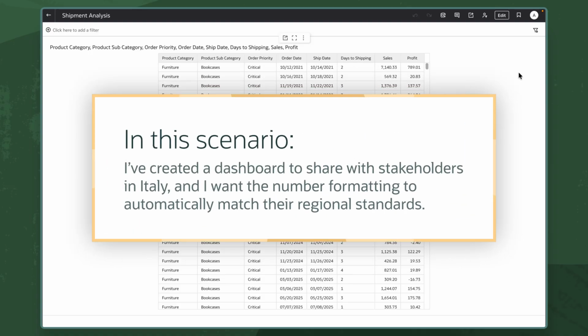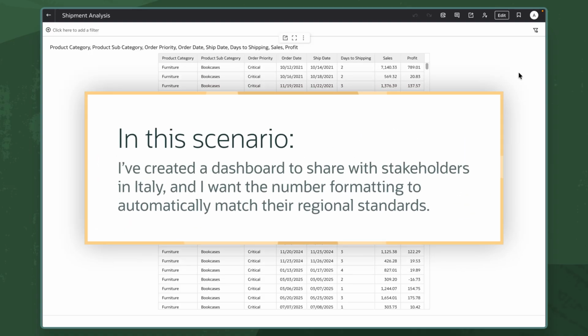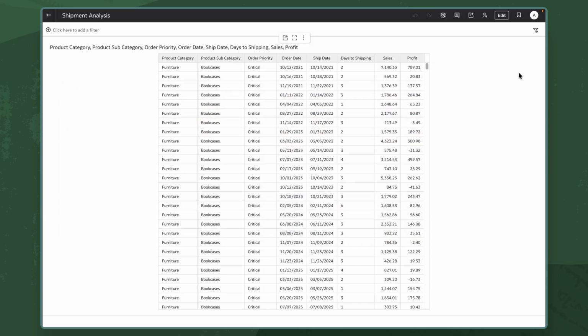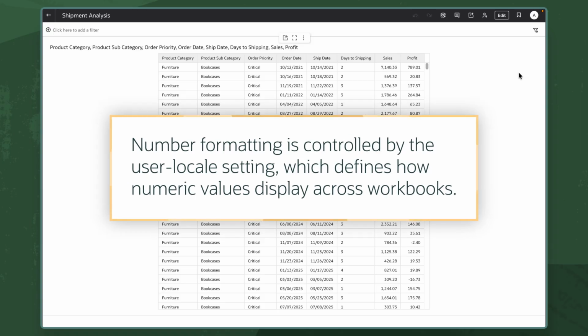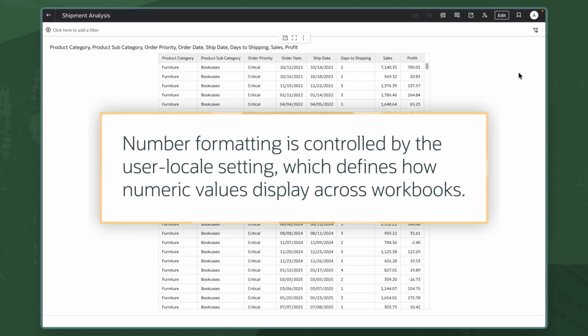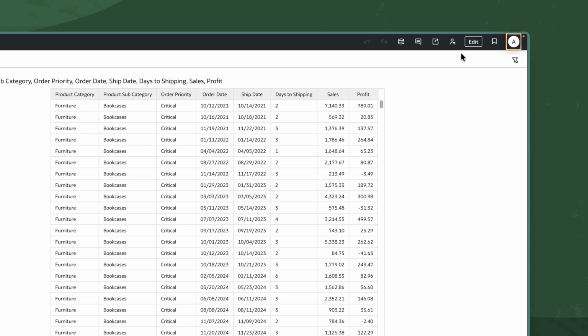In this scenario, I've created a dashboard to share with stakeholders in Italy, and I want the number formatting to automatically match their regional standards. In Oracle Analytics Cloud, number formatting is controlled by the user locale setting, which defines how numeric values display across workbooks. To begin, I'll select my user avatar in the top right corner, which is accessible from anywhere in Oracle